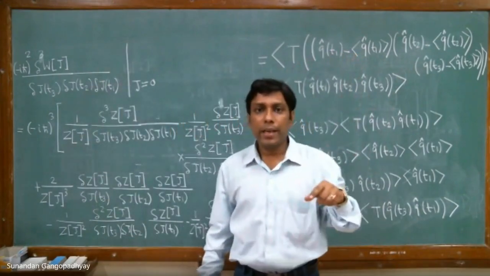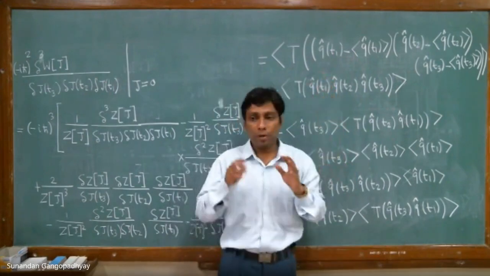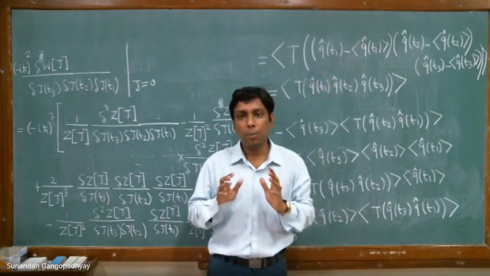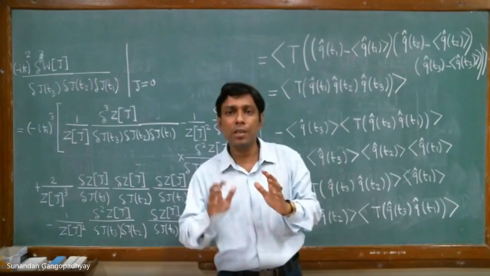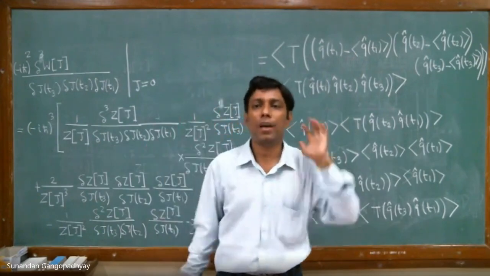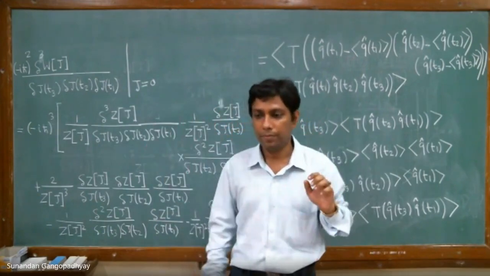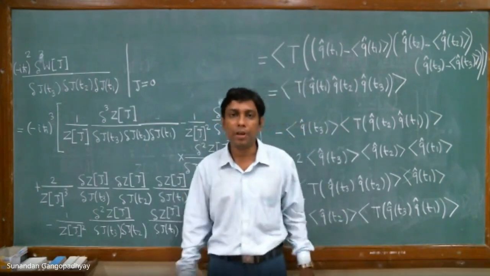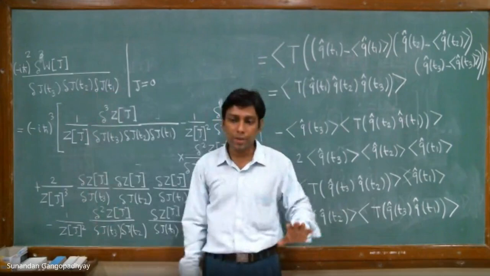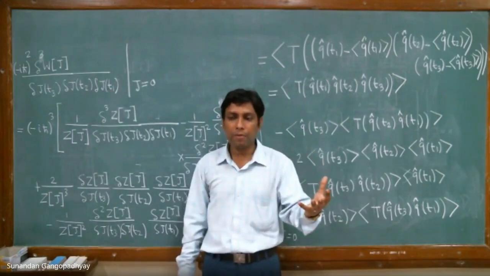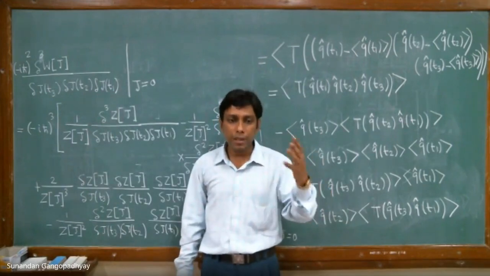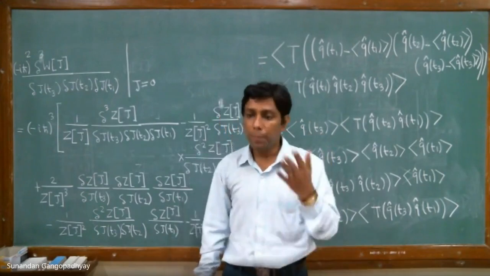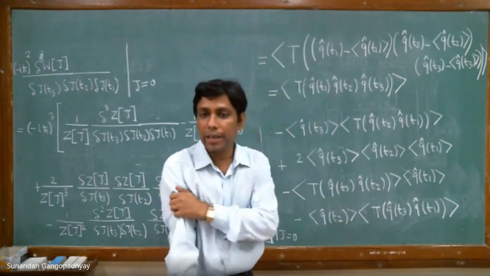So from Zj, you only obtain the time ordered product of the operators. From Wj, you are obtaining the time ordered product of the deviations of the operators from their mean values, from their expectation values. So you see that these two things are basically physically different objects. Zj generates some kind of an object, but Wj generates a different kind of object.